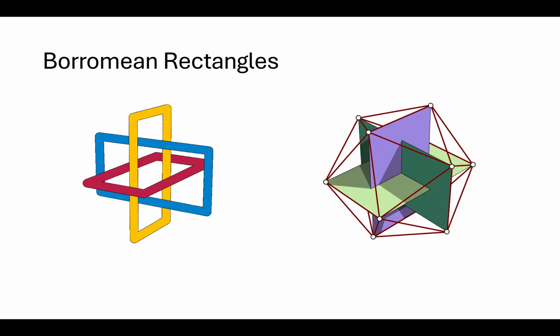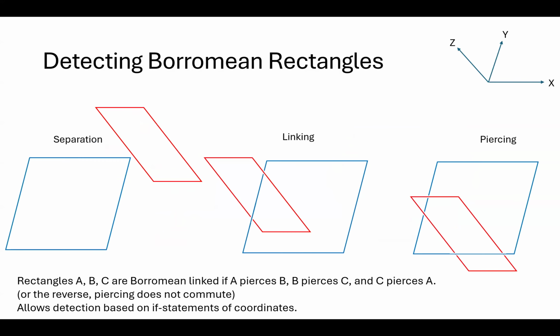So about a year ago, I had a bit of a eureka moment when I remembered seeing these Borromean rectangles. You can see these rectangles form Borromean rings. And a fun but irrelevant fact is that if you have 3 golden rectangles in Borromean rings, their corners form the vertices of a regular icosahedron. But more importantly for this topic, you can determine whether these are Borromean linked just by looking at the relative positions of each corner, assuming that they're all in 3 perpendicular planes.